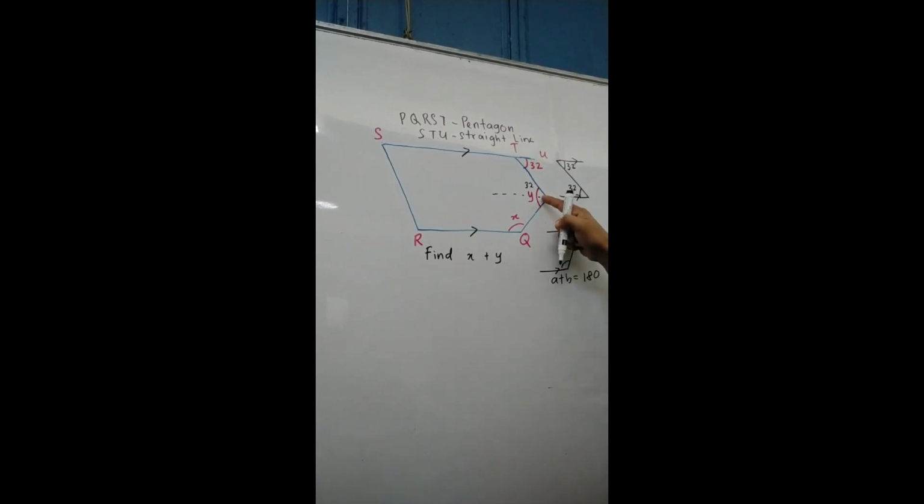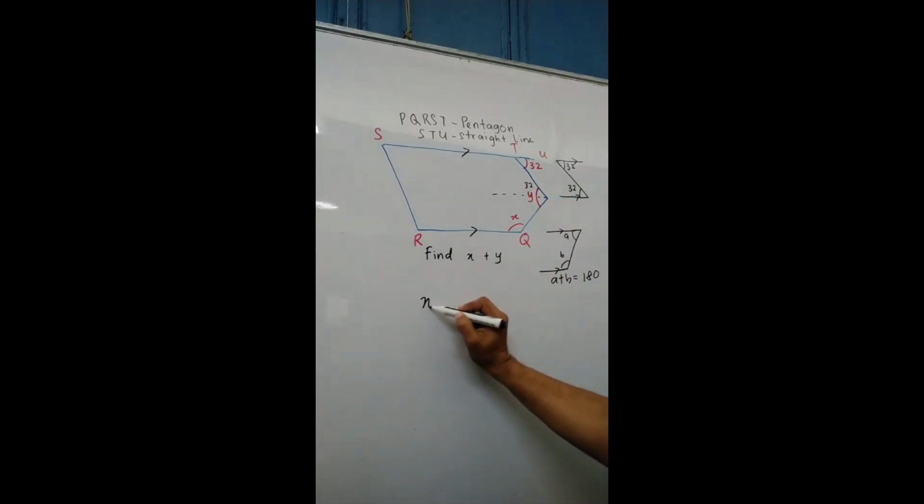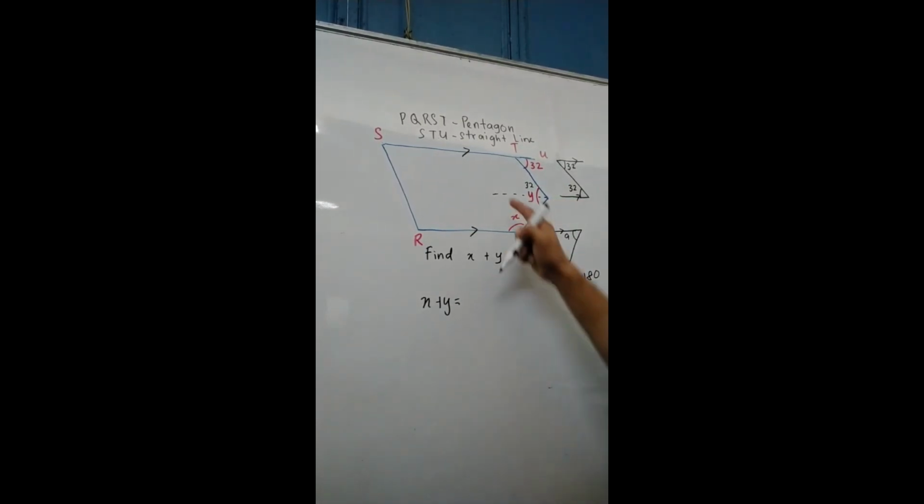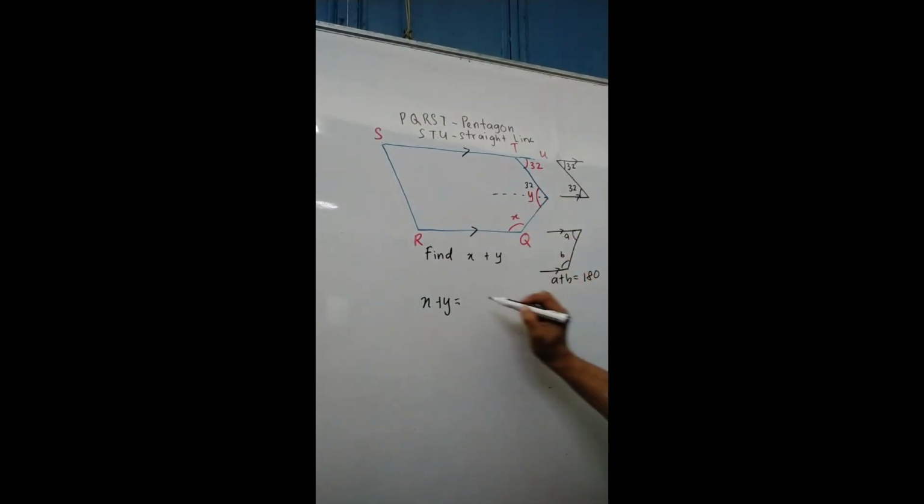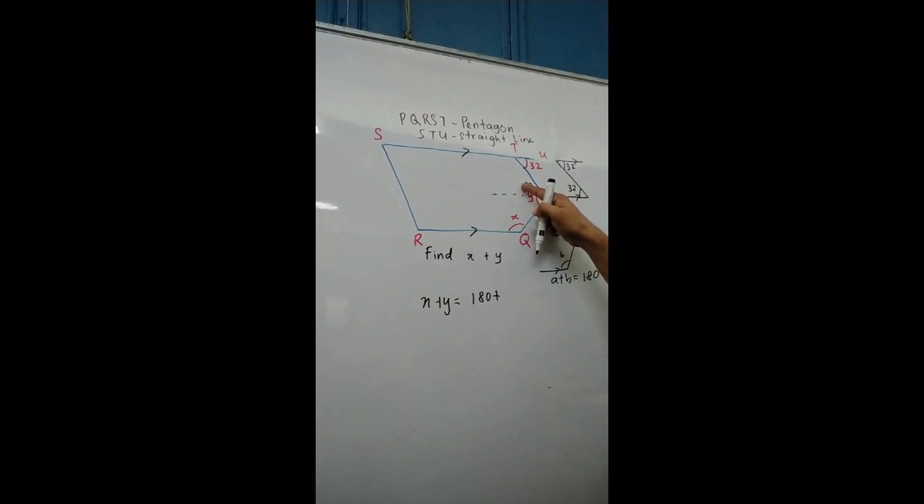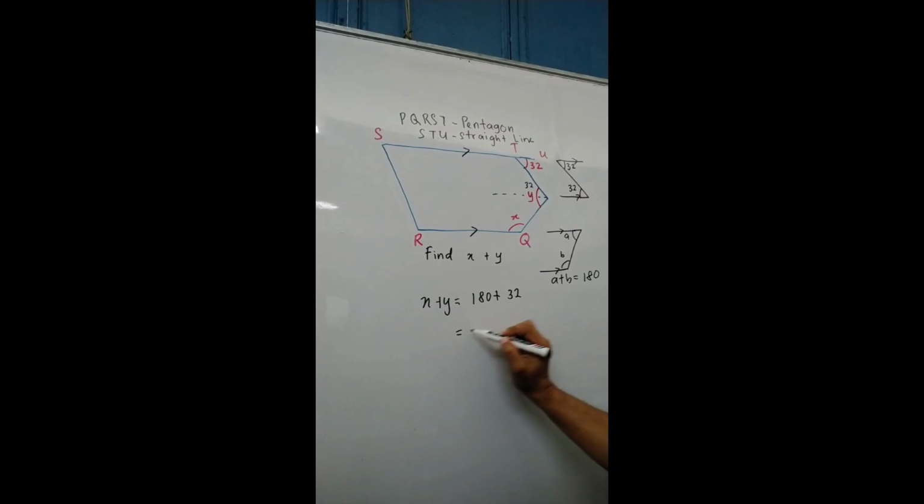So therefore, the bottom here is 180. The top here is 32. So therefore, you want to find x plus y, which is your corresponding angle, 180, plus the upper portion here, which comes from the alternate angle, 32, is equal to 216